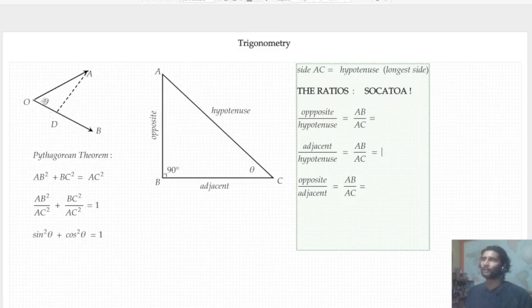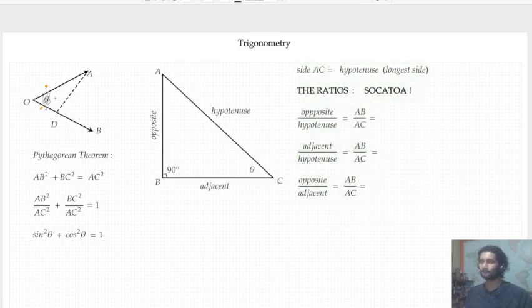So supposedly if we have two sides OA and OB of unknown lengths intersecting at point O, subtended by an angle theta, we can find out the unknown sides OA and OB using a mathematical tool called trigonometry. Trigonometry basically deals with the ratios of the sides of a right angle triangle to the angle